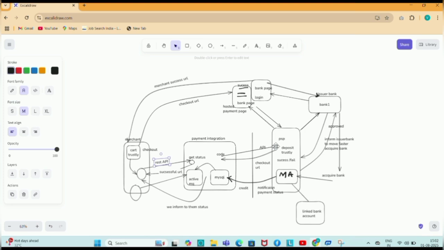In the next class we will see nine attributes. This is a checkout